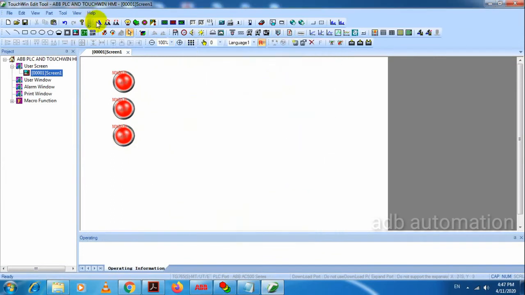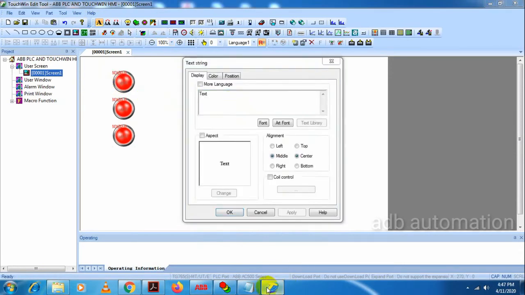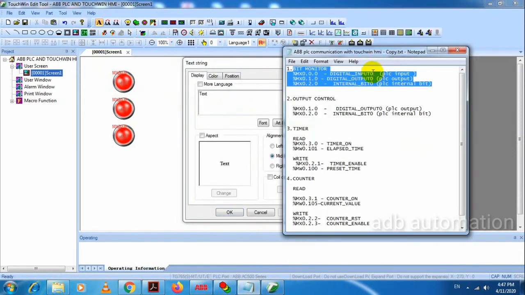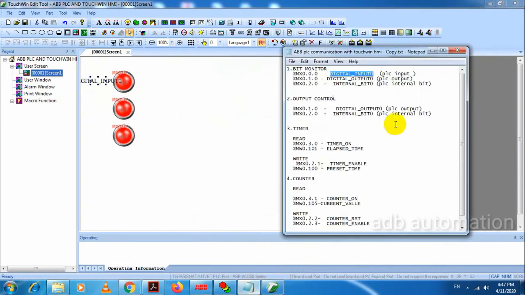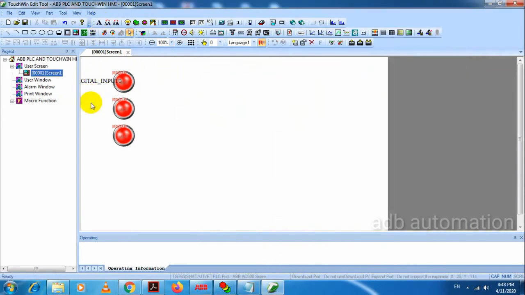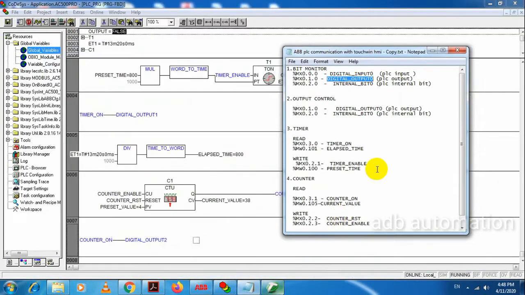Okay, now we will give the names for these lamps. First lamp name is digital input 0. Second lamp name is digital output 0. And third lamp name is internal bit 0.